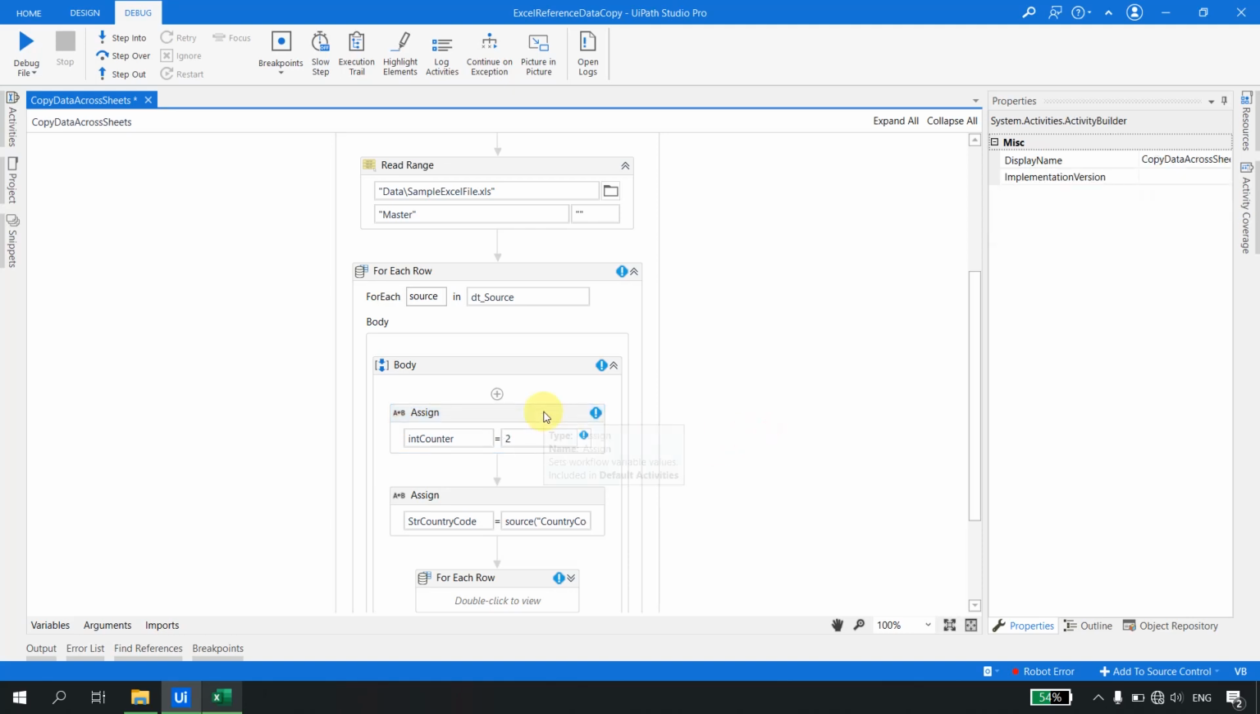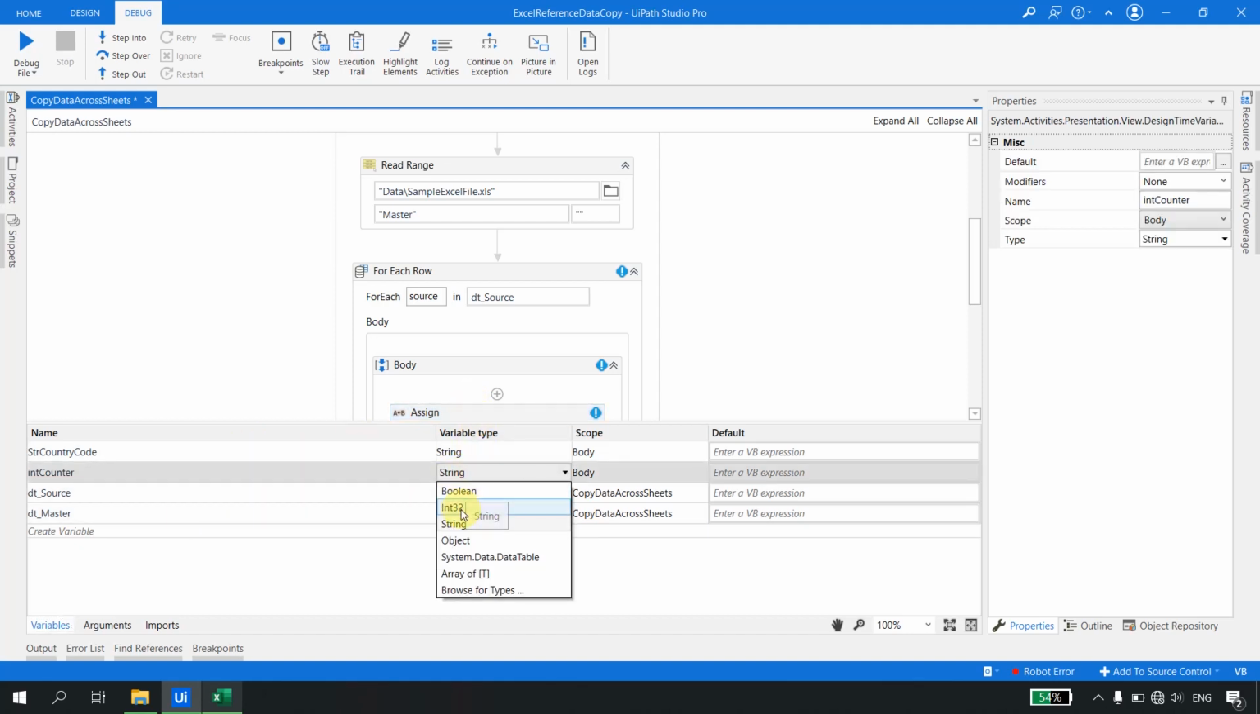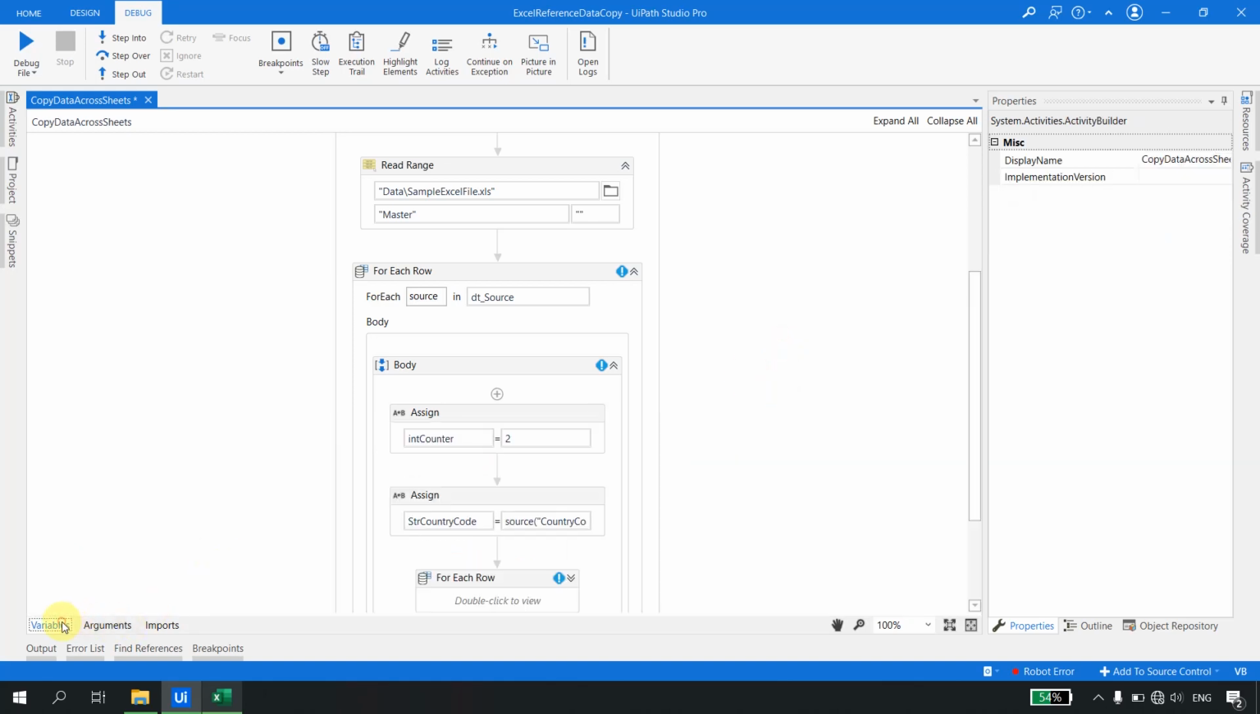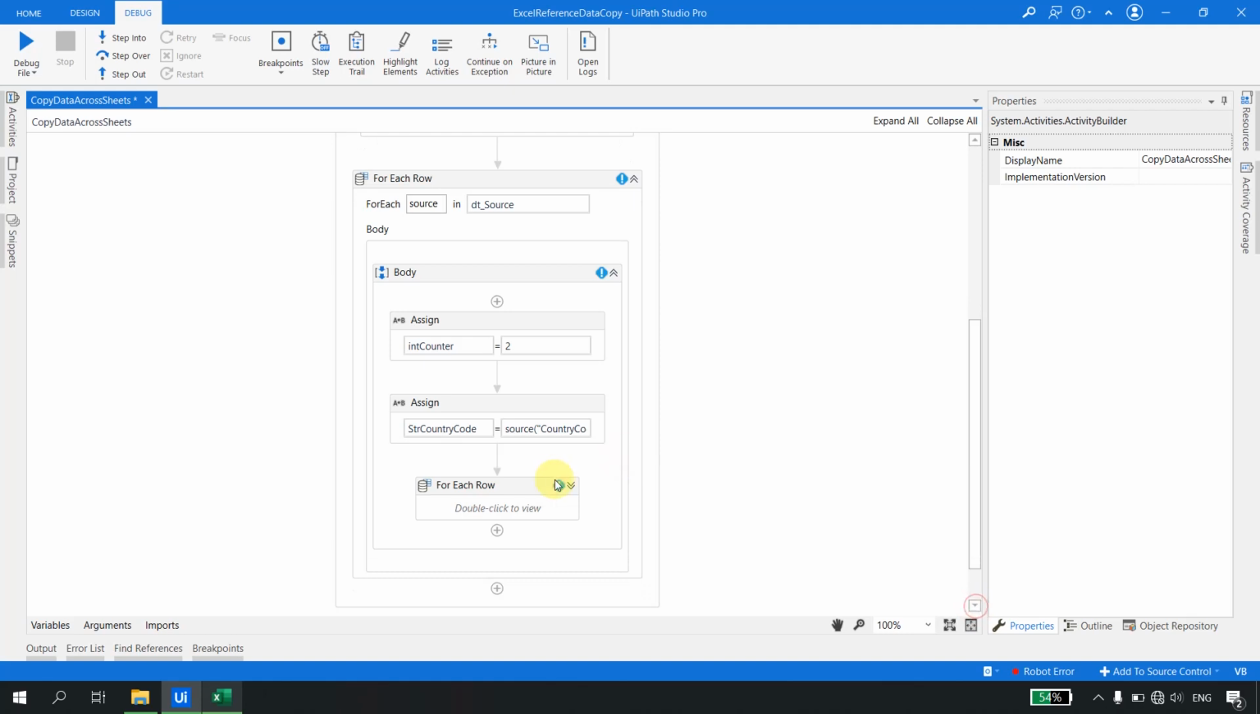By default it will be of type string, so let us change this to Int32. Integer counter, and the value for the first time will be 2, right? So what would happen when the bot enters the first row? It would be 2, and once it is looping through the for each,